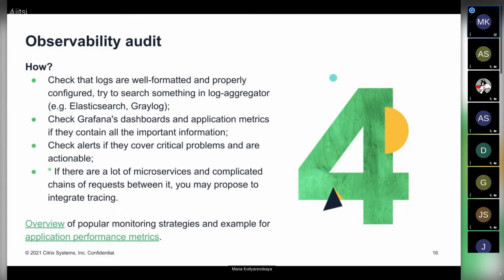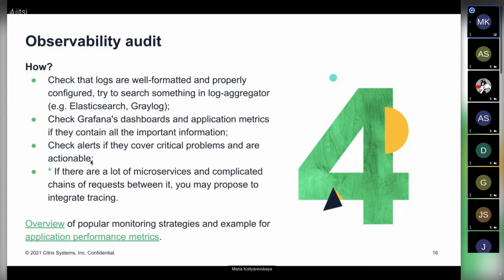Also, it's important to check whether alerts cover critical problems, and whether you can take some action for these alerts, because it's really common to have alerts that are not actionable, and you should help with cleaning this up.